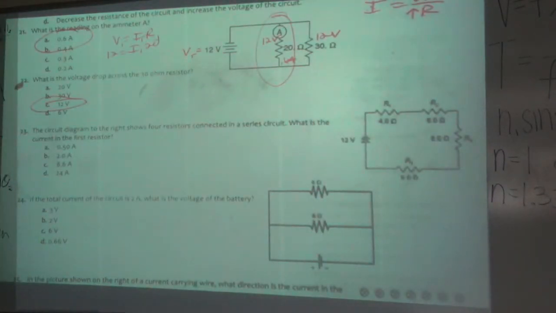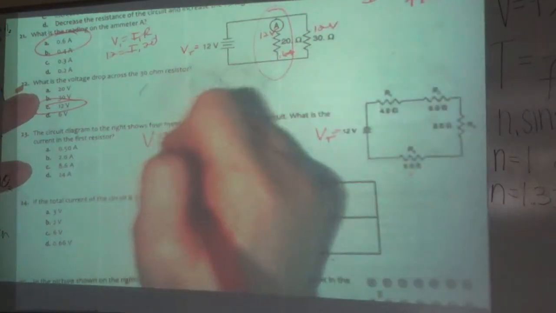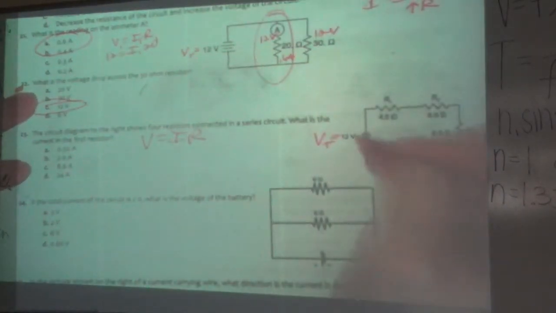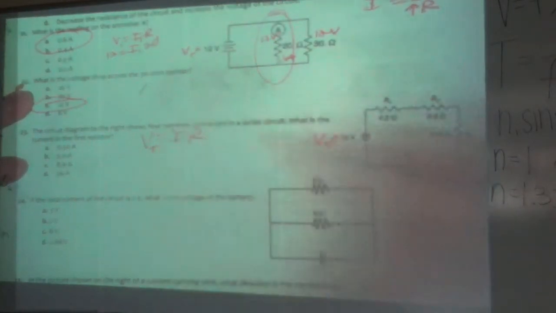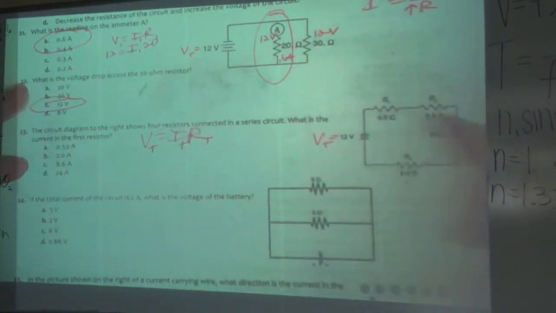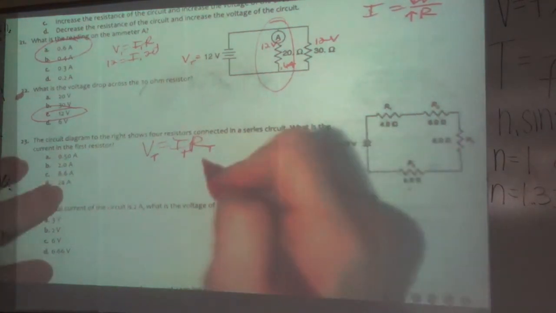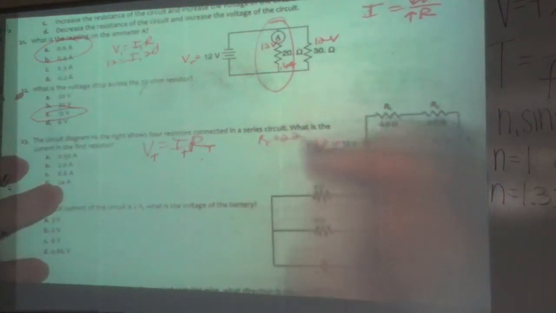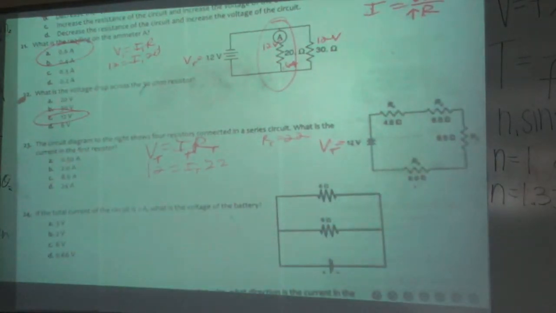The circuit to the right shows 4 resistors in series. What is the current in the first resistor? Well, this is my V total. I have my individual R's. I'm going to use V equals IR. This is series, so I is the same, not voltage. So if I am plugging in V total, then I have to use R total, and that's going to give me I total. Our total, we just add up 4 plus 6 plus 6 plus, I think that's a 6. So our total is 22 ohms. V total we said was 12. Divide over, and that's going to give me